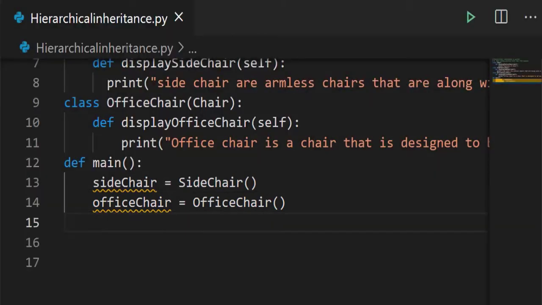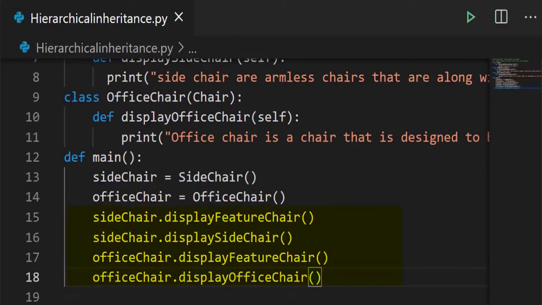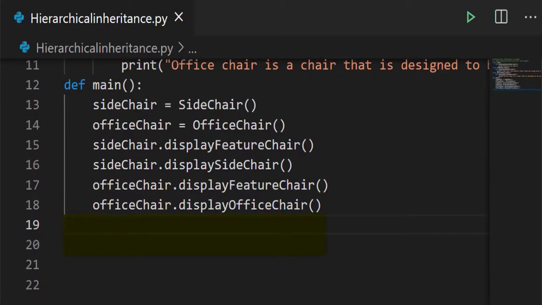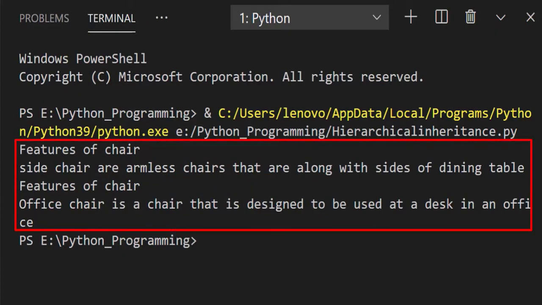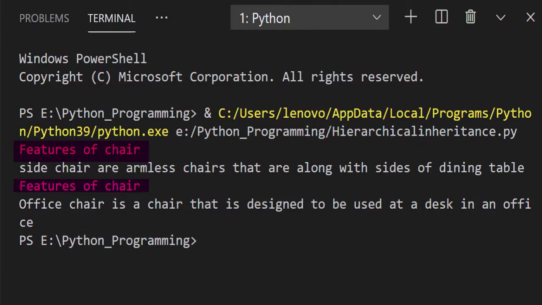Then call the methods which belong to the chair class, side chair class and office chair class, and then call the main function. Let's run this code. Here the output we get is features of chair and side chairs are armless chairs that are along with the sides of the dining table, and features of chair and office chair is a chair that is designed to be used at a desk in an office. Here features of chair appears two times because the derived classes inherit the properties